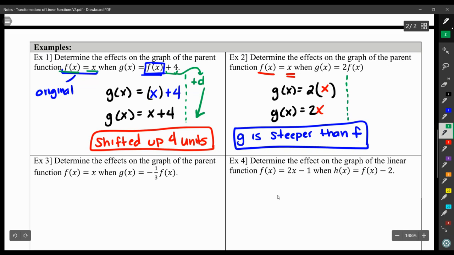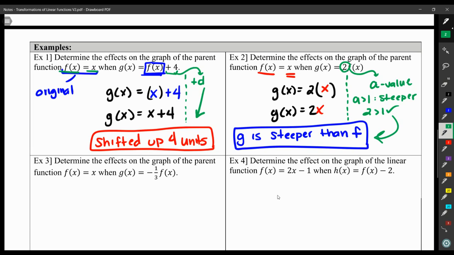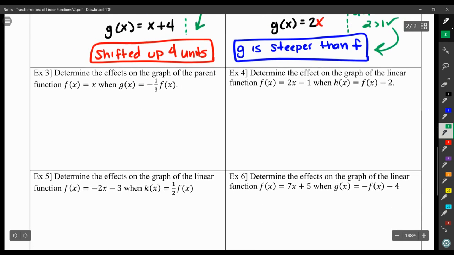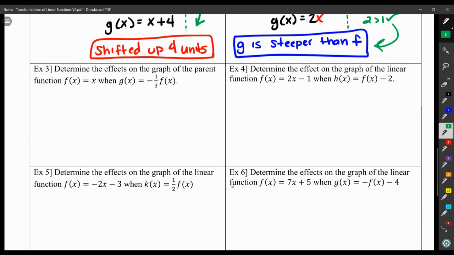The other way you could have completed this is by noticing that 2 is actually the a value. And if you had an a greater than 1, that meant your slope was steeper. And so because 2 is greater than 1, that creates a steeper slope. Either way is fine. If you look at example 3, determine the effects on the graph of the parent function